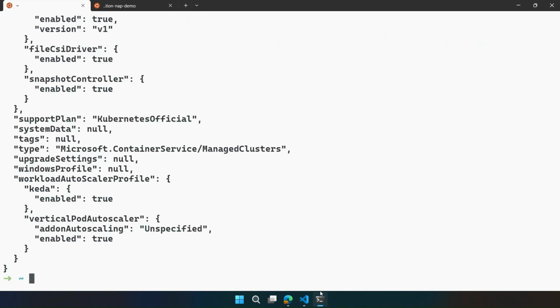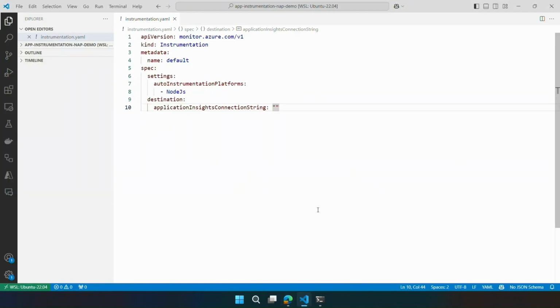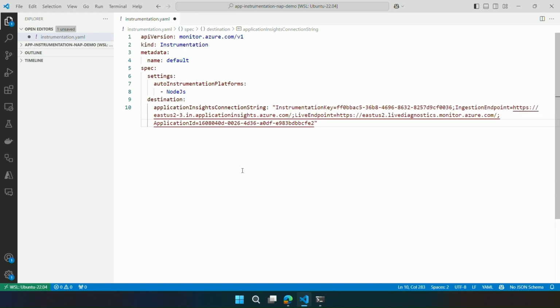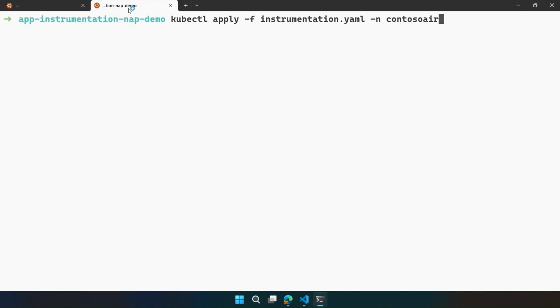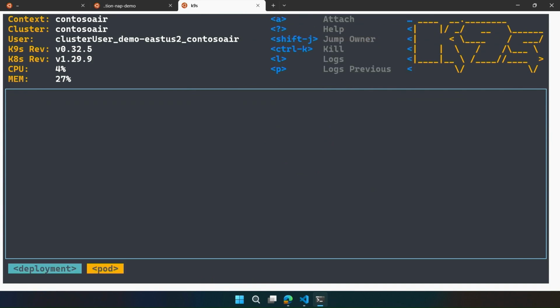This will enable the add-on that will then expose these metrics and send them. The second thing you then need to do is get a connection string for the instrumentation key for Application Insights. And the place you load this is into this instrumentation CRD that you're going to deploy in the namespace you want to be automatically instrumented. So in our case, it's our app. You can now deploy different namespaces to different App Insights, total granularity for you. And in that CRD, as you just saw, we were specifically selecting node. So now we're going to restart our app to take on this new automatic instrumentation.